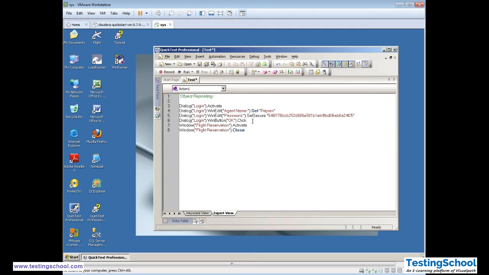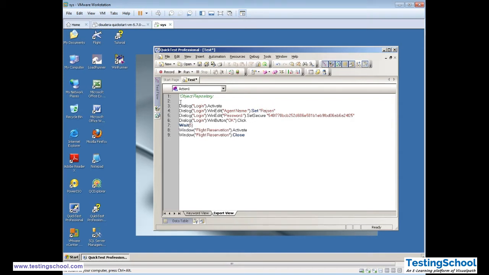Since both things are not happening simultaneously, the moment we click, the application will take some time. So for synchronization purposes, for making the application wait for some time, we will give some wait. So how much wait are we going to give? Say for example 10 will be more, so it will give 5 seconds.